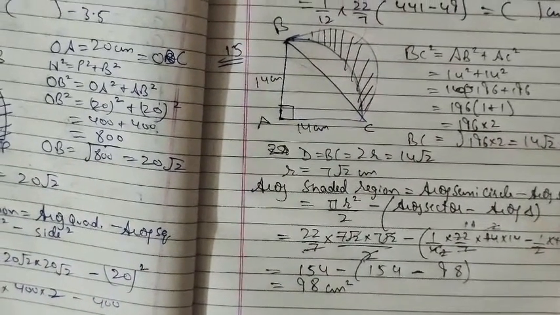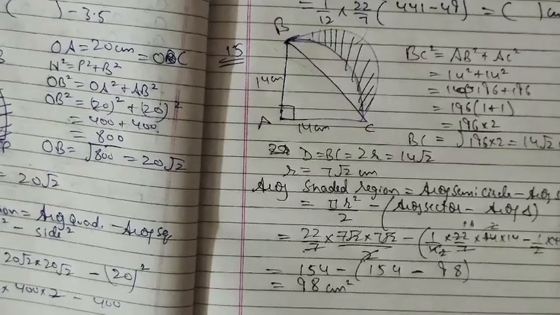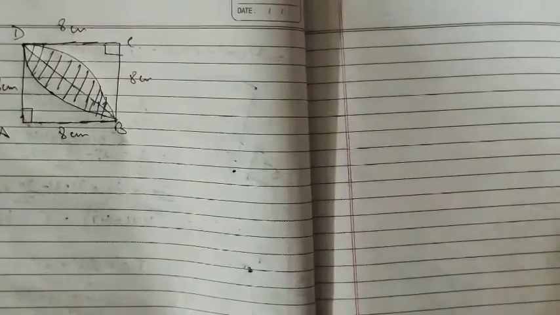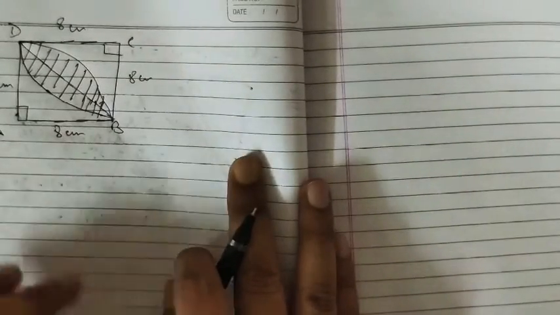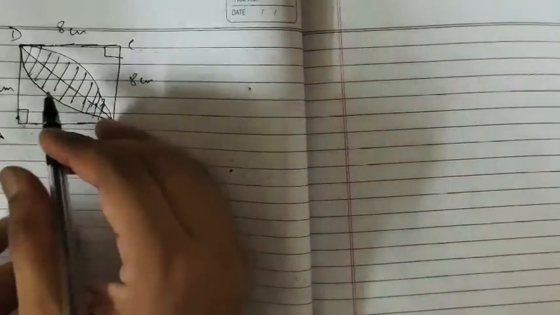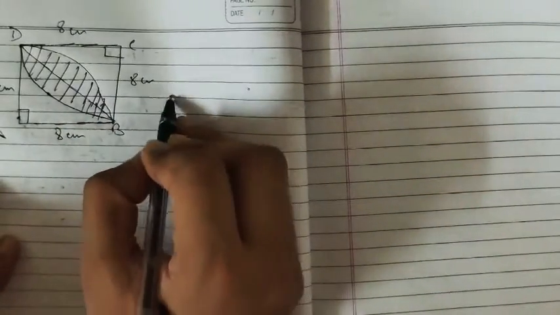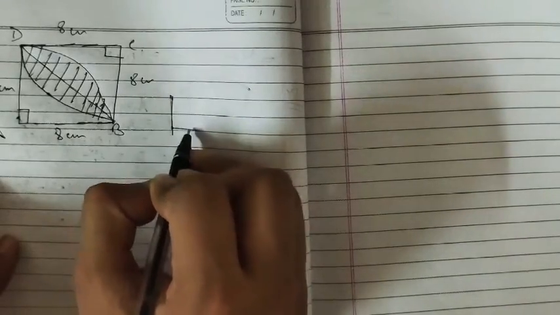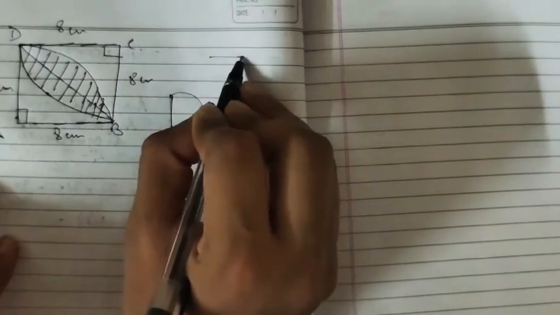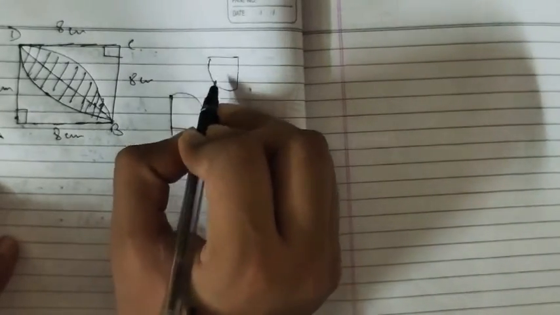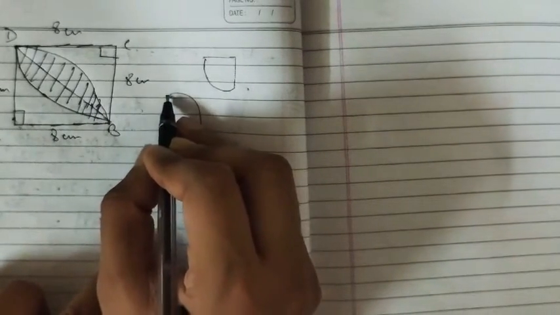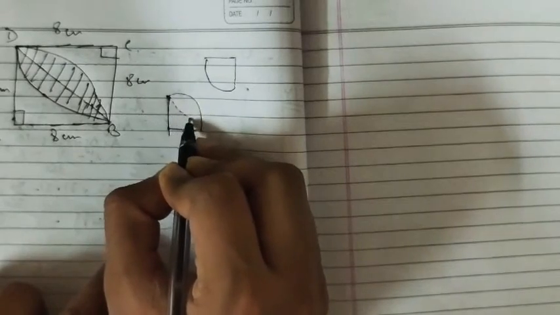So this is question number 15. Now this is the next question, number 16. The figure I have drawn from the textbook, from your notebook, from this NCERT book. Now if we observe this question, what do we have? We have this sector, one sector, and also we have another sector. So we have merged both the sectors together to make a square. So here we'll have this sort of pattern, right.